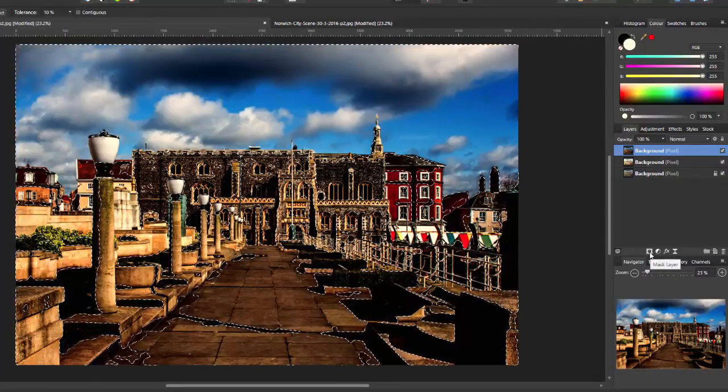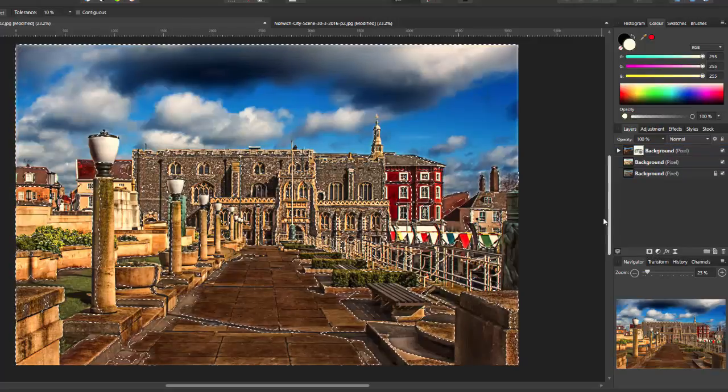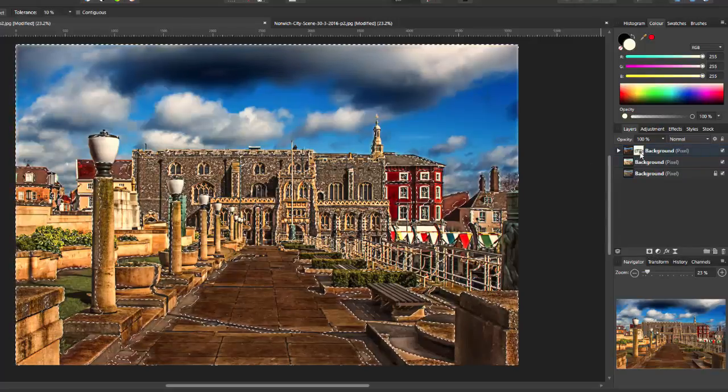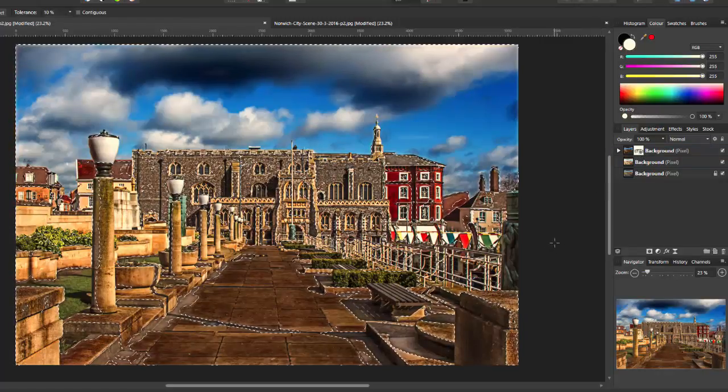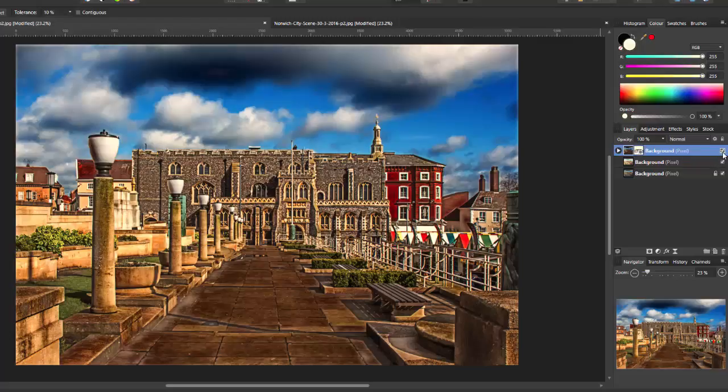The layer mask option is this first square down here in the bottom of the layers display area, so I will just click on that, and then it will add that layer mask. So I can now press Ctrl and D to get rid of that selection. So I will hide this top layer